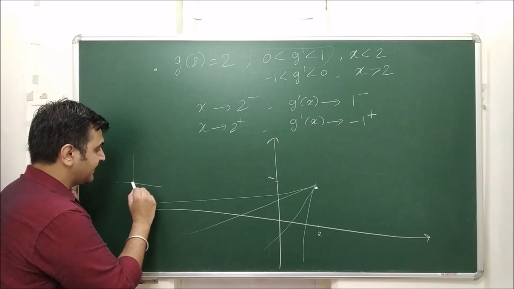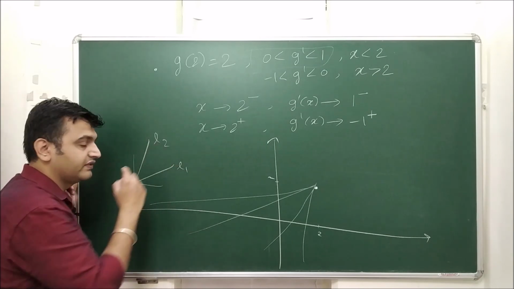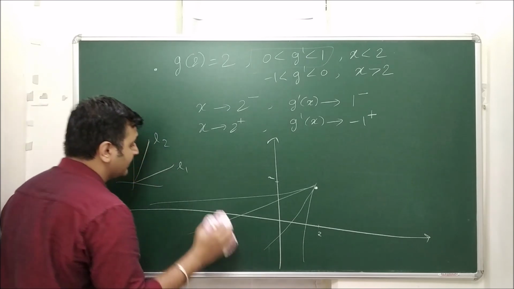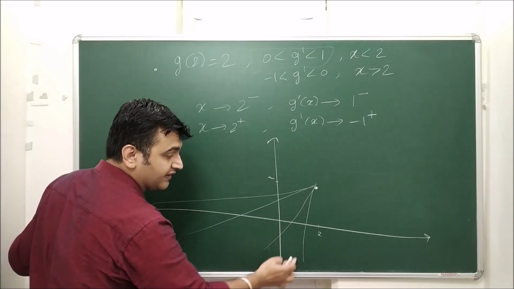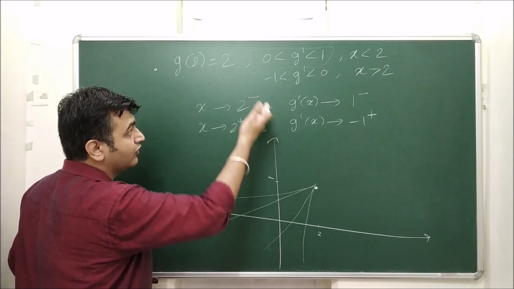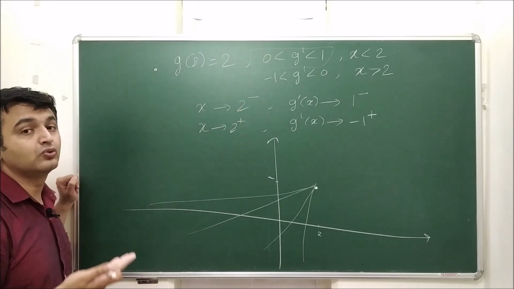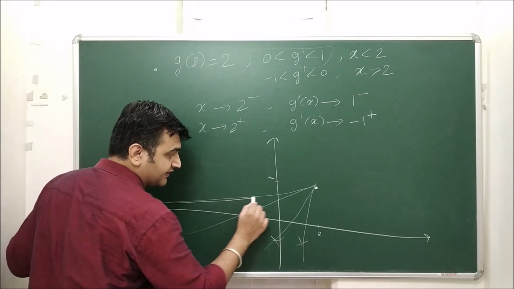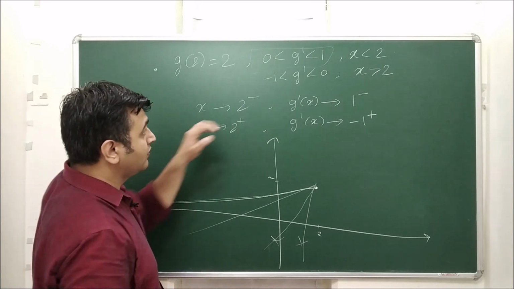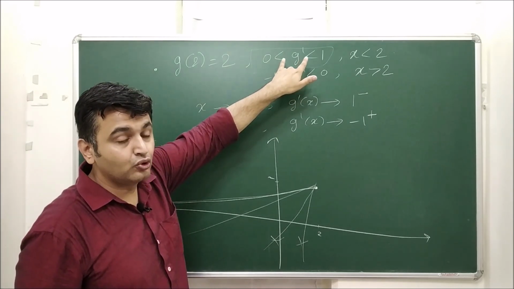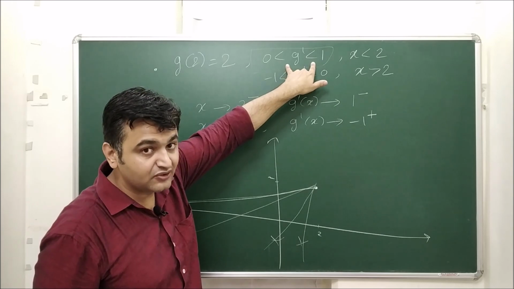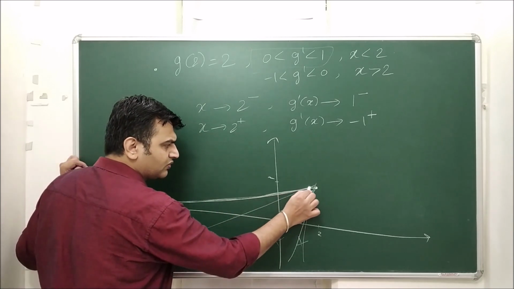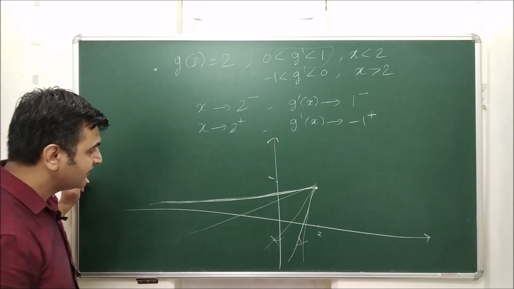See, if you have two lines, line 1 and line 2, which will have more slope? L2 will have more slope, right? The steeper the line, the more the slope. Now in this case, I can't have a very steep line, because what is given to me is that the slope will always be between 0 and 1. So it can't be a steep line, it has to go like this. So this tells us that it's increasing. Moreover, the range of g dash between 0 and 1 tells us that it won't increase very rapidly, it will increase smoothly without any hurry.